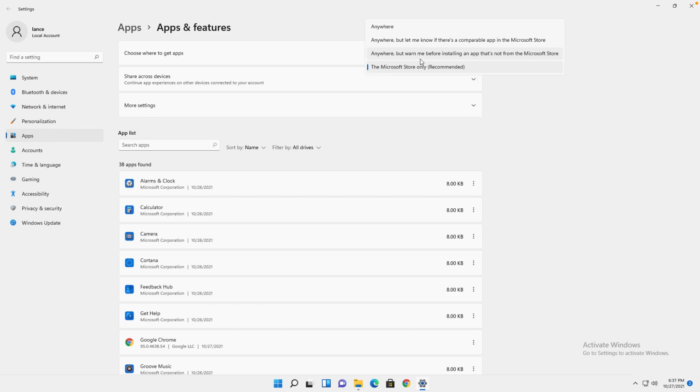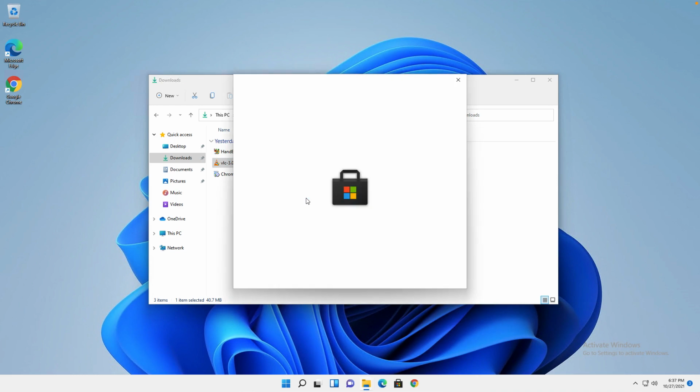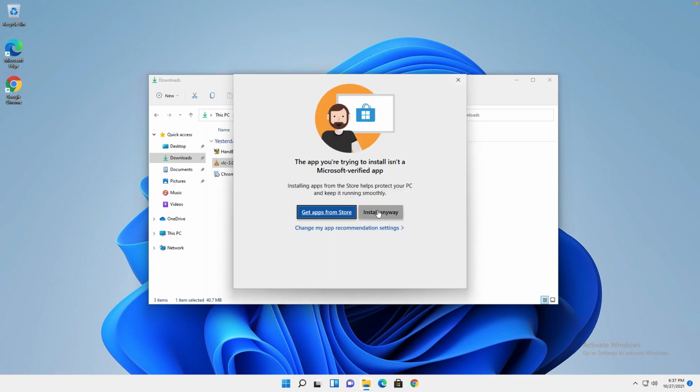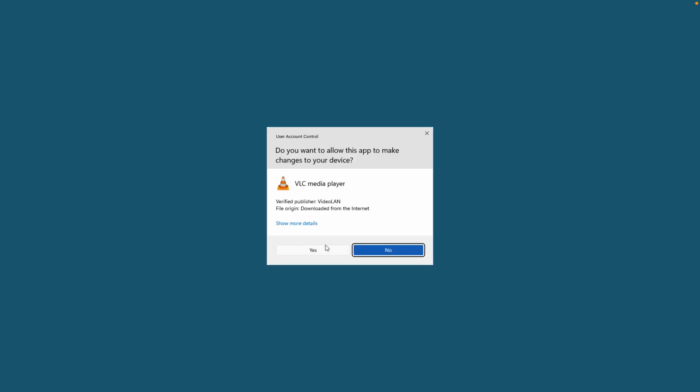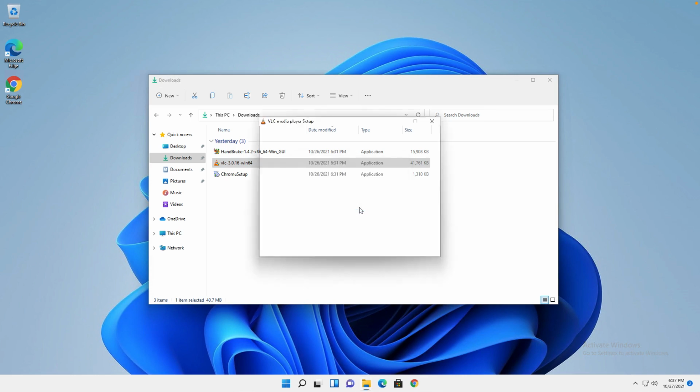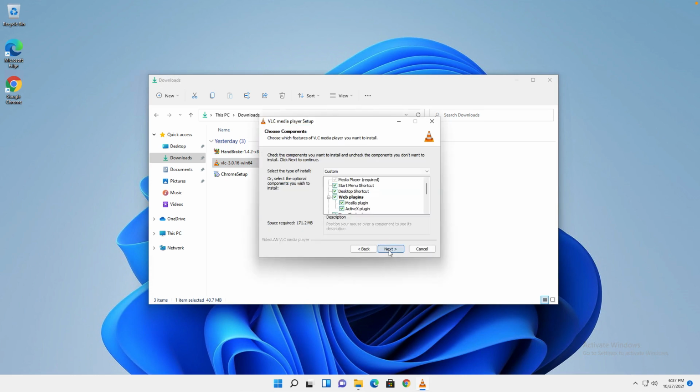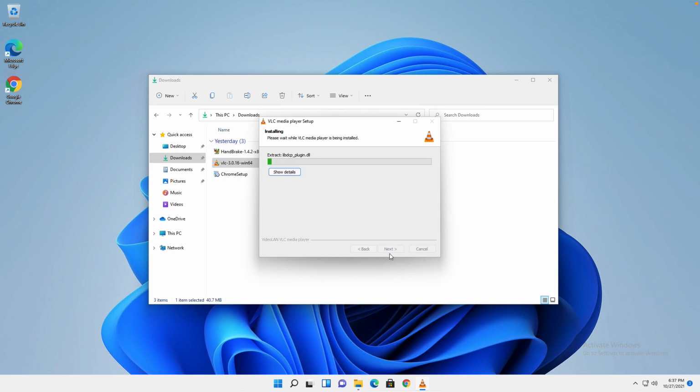If you're a techie person and you're playing with this a whole lot and you're installing stuff all the time, you might want to try it right here where it just warns you. So let's try this. If you put it on that setting, it gives you a warning and it would help you stop malware, but you can click and install anyway. So, if you're an advanced user and you trust yourself, you may want to go that route to let you plug through, but for most people, I'd probably just set it to Microsoft Store only,